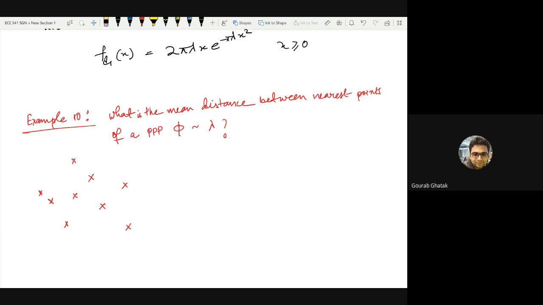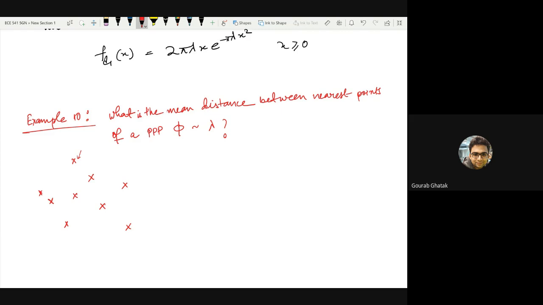Yes, sir. So in terms of cellular network dimensioning, what it tells the operator is what is the mean distance. Suppose these guys are base stations in your network. What is the average distance between the cell sites, which means the location of the base stations. If you think about a base station and its nearest neighbor base station to be at a distance of d1, you are interested to find out what is the expected value of this d1.